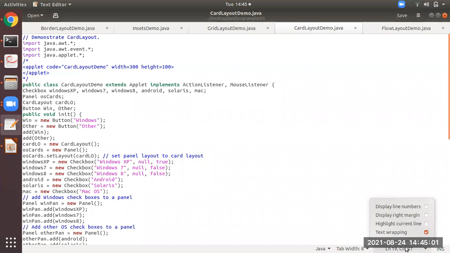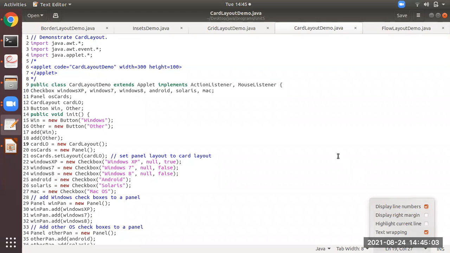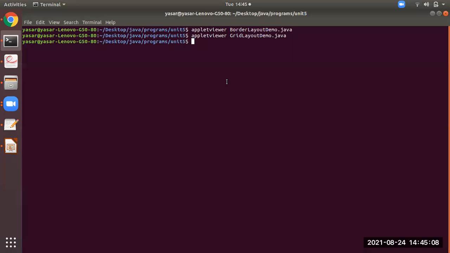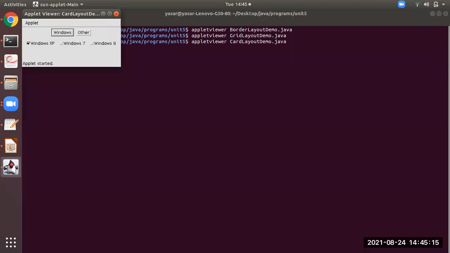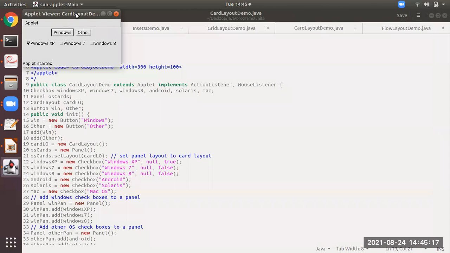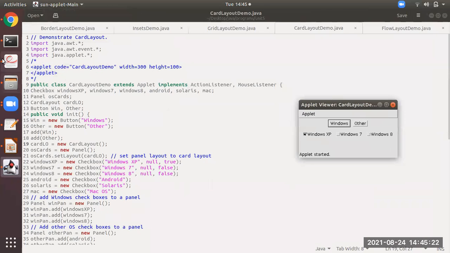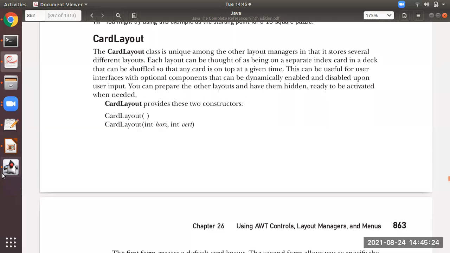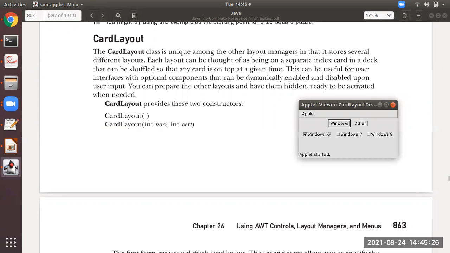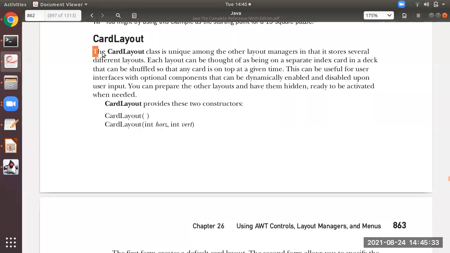What I will do is, first I will show you the output, then I will say what it is. Then you can understand the theory. Students, the purpose of card layout, just observe from here.